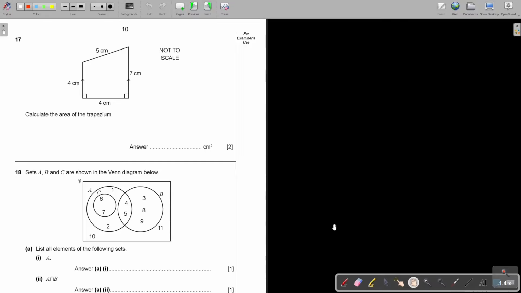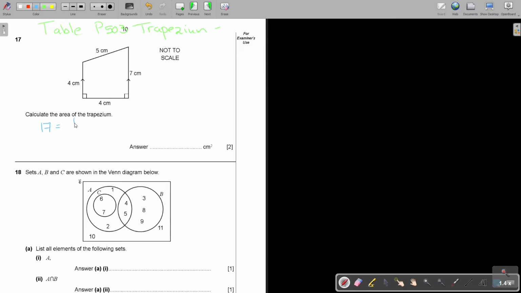Question number 17. You will see this is a trapezium. Then they say calculate the area of the trapezium. Okay, so if you look in the y equals mx plus c mathematics textbook, page 503, that's part 2, grade 10, 11, then you will see in the table, you will find the formula, because you must just go and substitute in the formula. But first write down the formula.